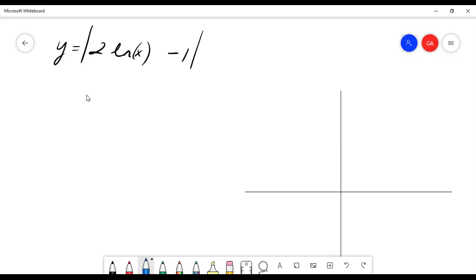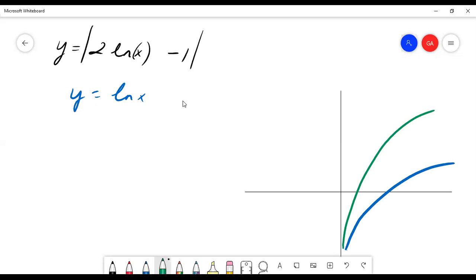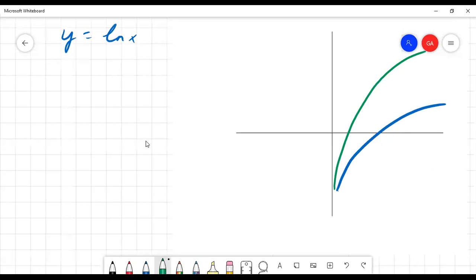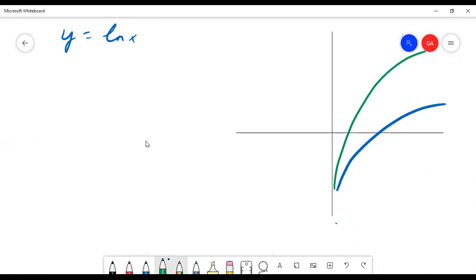I don't know if I should call on someone or if I should just do it. I think I'll just do it for the sake of time. My parent function is the natural log of x. So why is this thing not writing? That's the natural log of x. And now I'm going to multiply that by 2. That's a vertical stretch, right? And then I'm going to shift it down by 1. Vertical shift. So I'll do this in red,